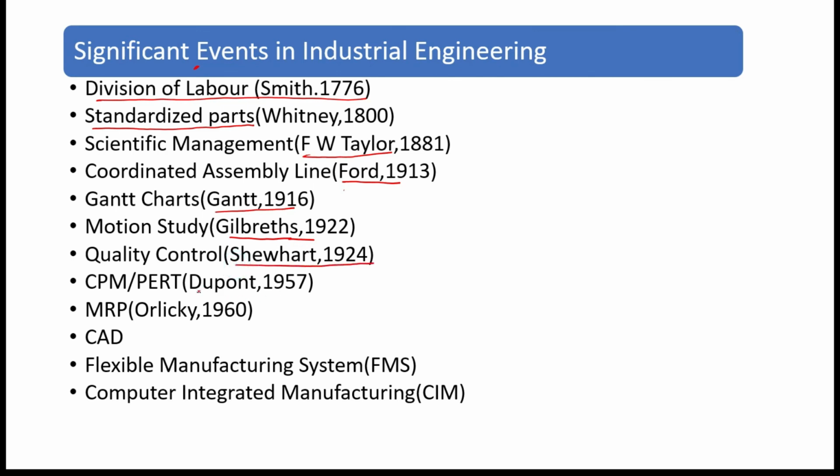And then we had the CPM or PERT, that is the critical path method or program evaluation and review technique, that is mainly used for projects, how the projects are planned and completed. Then we have material requirements planning by Orlicky in 1916 and computer aided design. Then the flexible manufacturing system and computer integrated manufacturing. So these were the significant